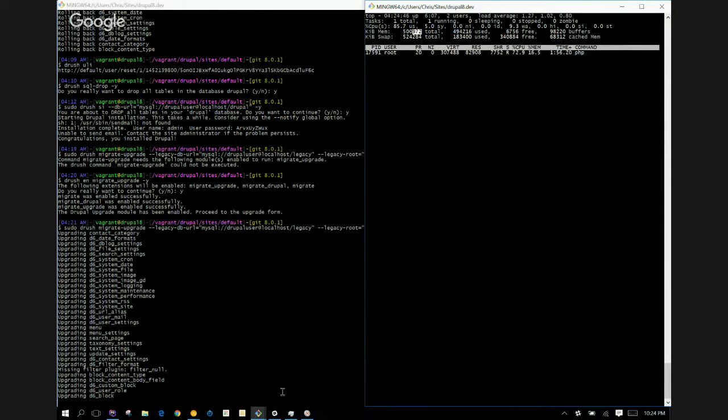Wait, here's system file and the system image. Huh. Well, definitely when it starts trying to upgrade the image